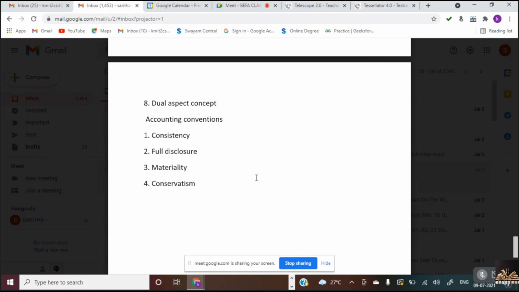Now going to the next, materiality concept. What do you mean by materiality concept? All material information, that is, all the important information which is felt important by the accountant, should be revealed. And here what is material and immaterial would be in the hands of the accountants, which they feel is important and should be revealed, and the immaterial can be ignored. That is known as materiality concept. It is in the discretion of an accountant which would fall under material and which would fall as immaterial. And here it is nothing but an exception to full disclosure.